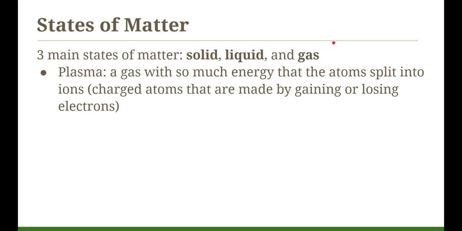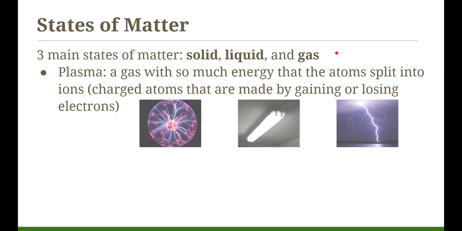And plasma is a gas with so much energy that the atoms actually split into ions, which are made by gaining or losing electrons. We actually see plasma in a couple of places. This is like a science demonstration, but in between the middle ball and the outside sphere, there's some plasma there. In fluorescent light bulbs, they emit light because when we turn them on, we create a plasma. And lightning is another example of a plasma. So that is a fourth state of matter that we're not going to discuss as much as these other main